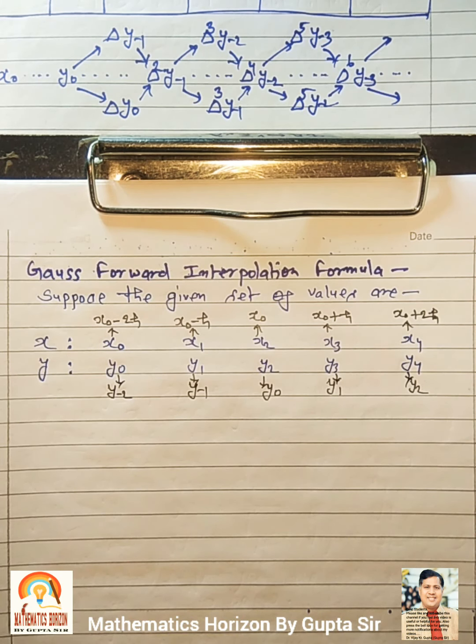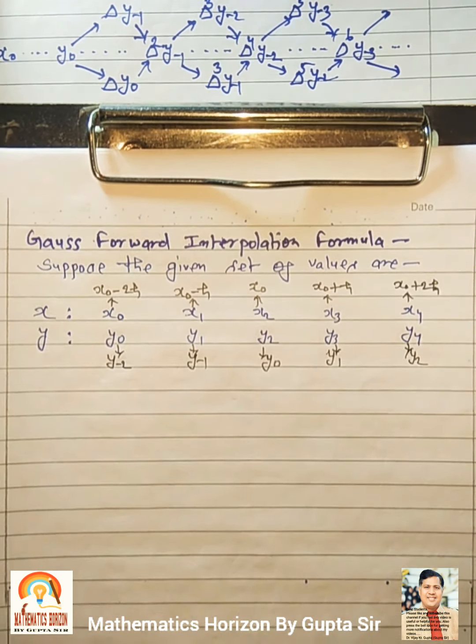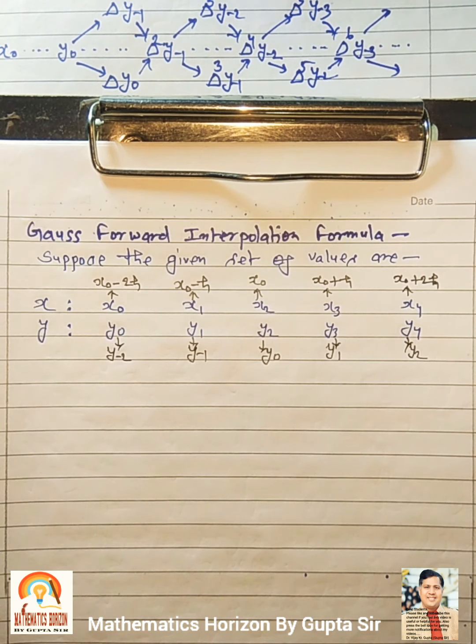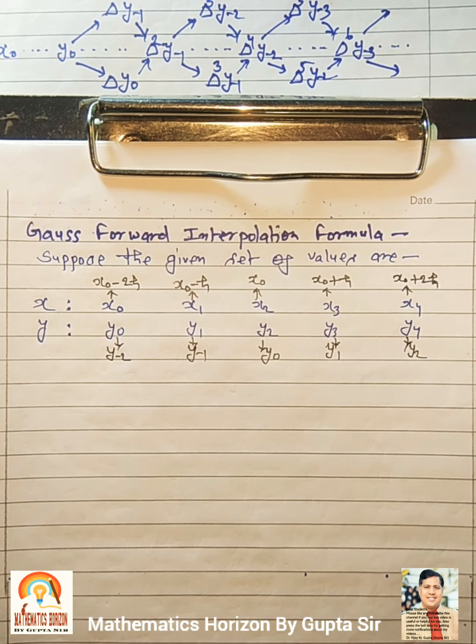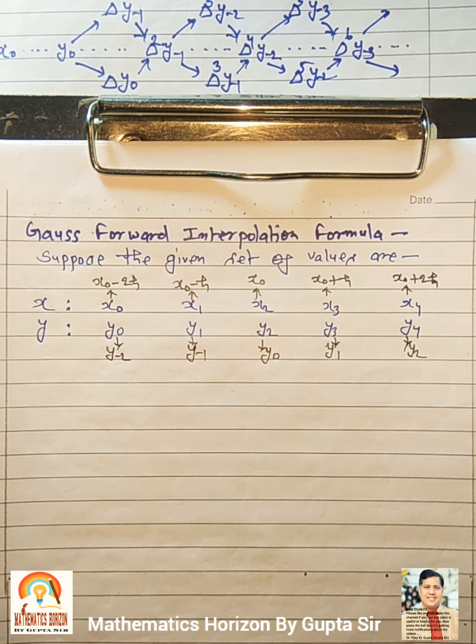Then by the Gauss formula, the derivation is not very important. If you want to prove this Gauss forward central difference formula, it is very easy, and you can watch my other videos in which I cover this topic, the derivation of Gauss forward or Gauss backward or central differences formula. It's very easy, but in this lecture I am directly taking the formula and focusing on problems. If you want to see the derivation, please watch my other videos.